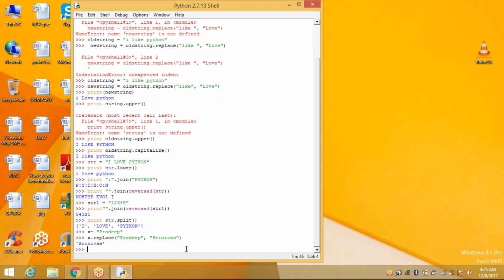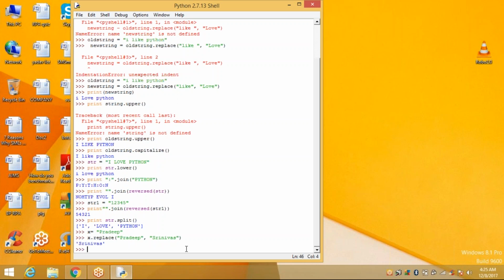See here, I have defined the string X is equal to Pradeep. Now I want to replace Pradeep by Srinivas. So I'm defining X is equal to Pradeep, X dot replace Pradeep. Within the parenthesis, within the function, we are applying two arguments, Pradeep and Srinivas. When I apply this function, Pradeep is replaced by Srinivas.